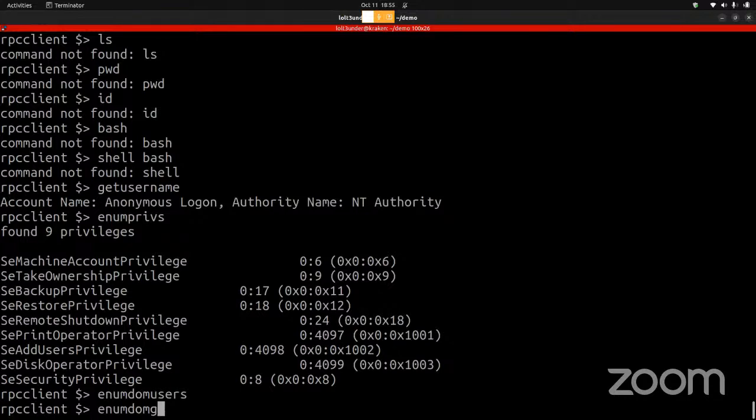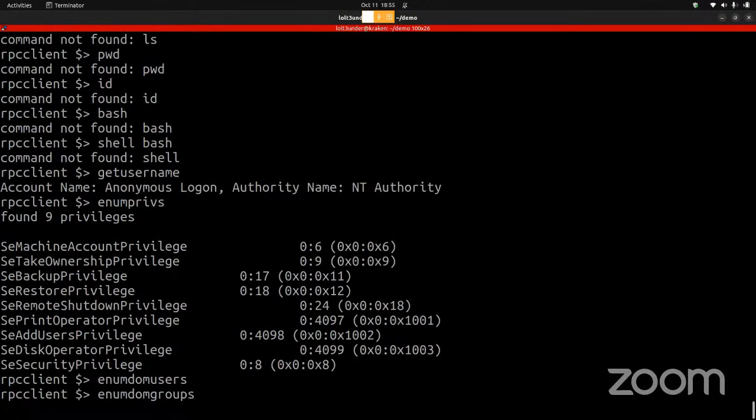Enum domain groups. Let's see, that gives me some groups. That also does not seem to work. Okay. What if I try to do something like